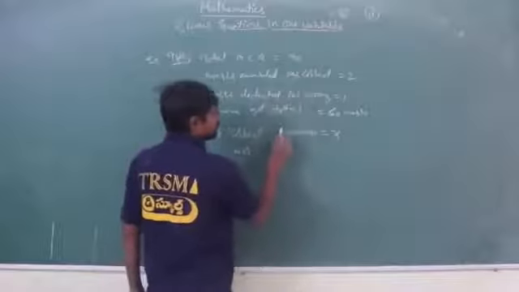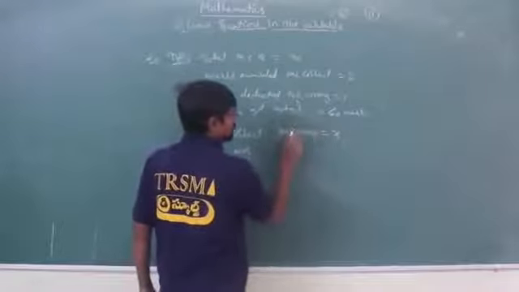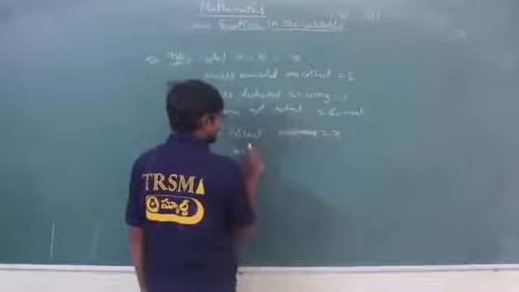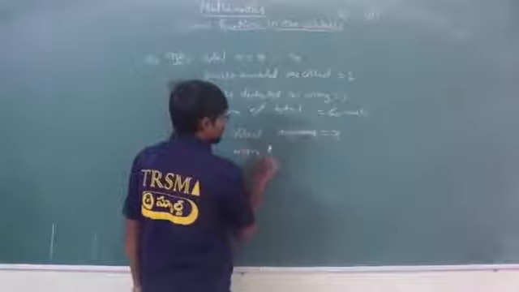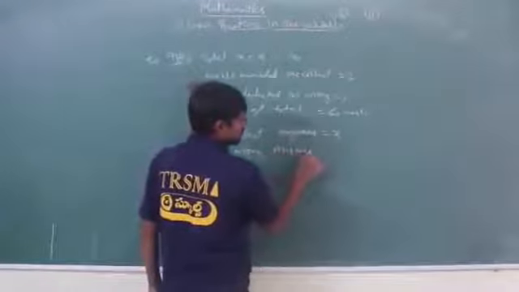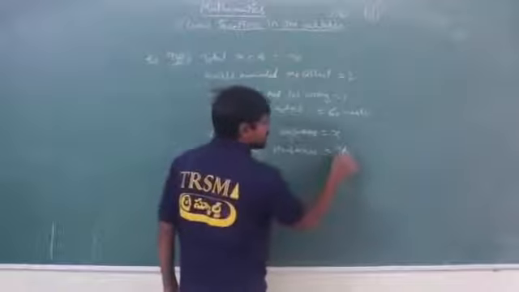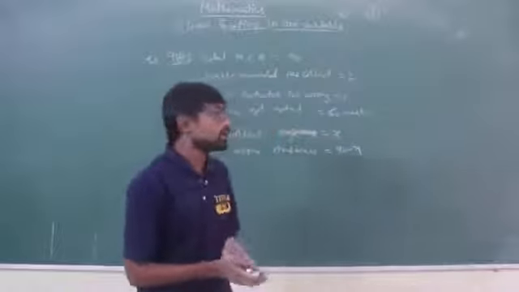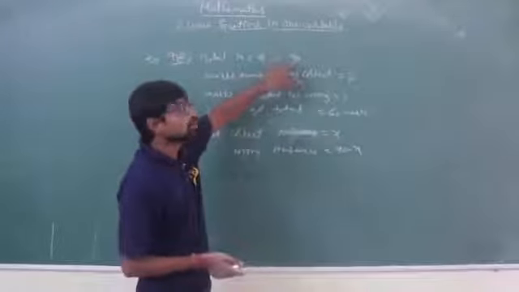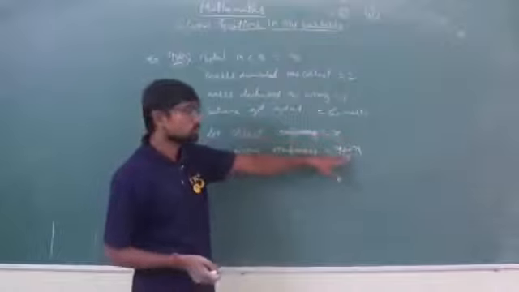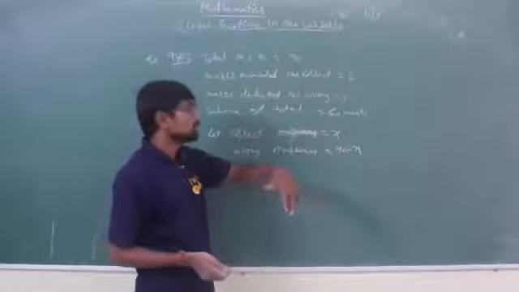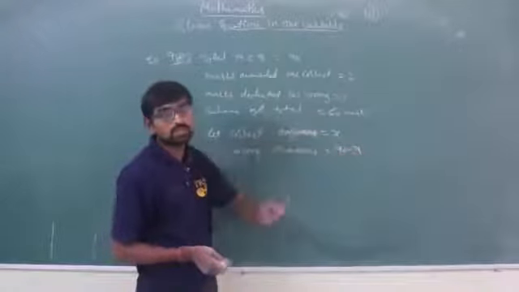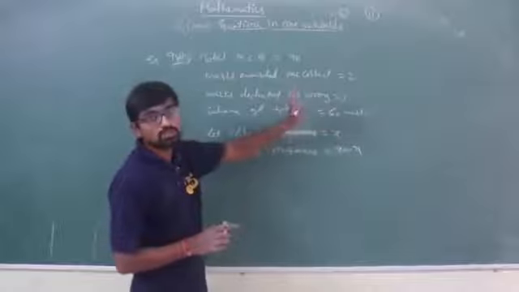Correct answers equal x. Wrong answers equal, let me know how many. Can I write 90 minus x, isn't it? If I have written 10 questions correct, then how many wrong have I written? Totally 90 questions, so 90 minus 10, the number of wrong questions will be 80, isn't it? So correct questions are x, and wrong questions are 90 minus x. From this you can solve easily.